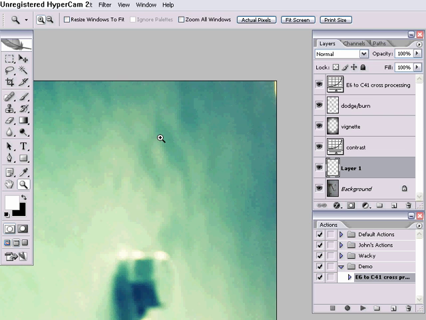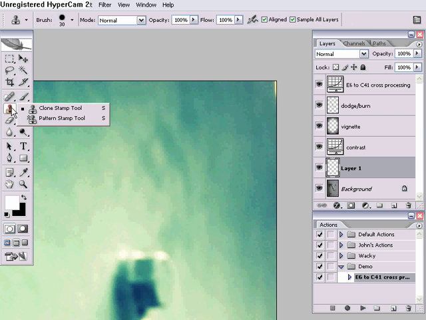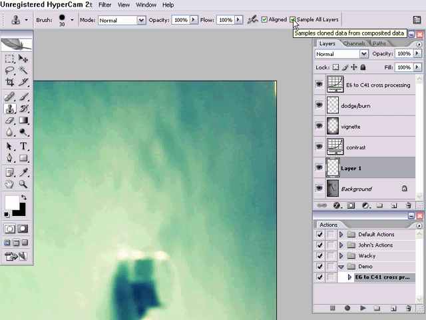So the question is, how do we do a clone stamp, which is choosing the clone stamp tool here. You can get to that tool just by pressing S. How do we get the clone stamp to work on a new layer? And the way that works is you have to turn on this sample all layers. And what that will do is when you start cloning,